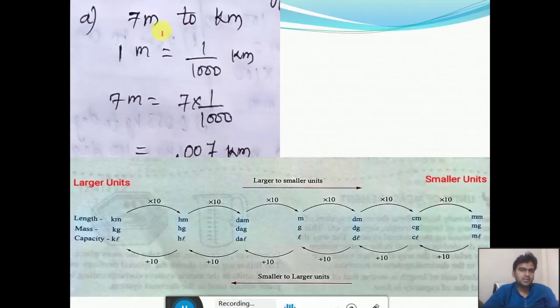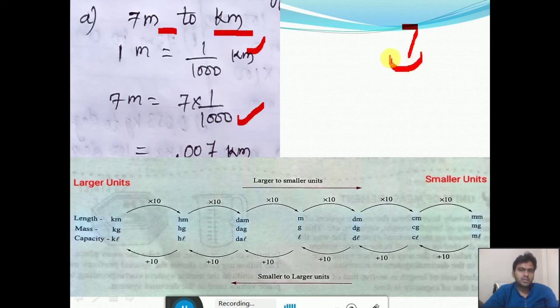Next question, meter into the kilometer. We have to change 7 meter into the kilometer. So we have to divide it by 1000. While dividing by 1000, this 7 is a whole number and we will assume the decimal point after the 7. Now how many places do we have to move the decimal point? The number of zeros in the divisor. So the divisor has 3 zeros.